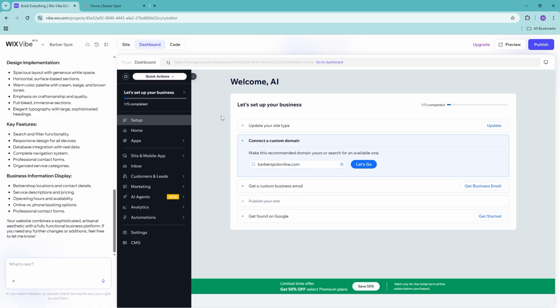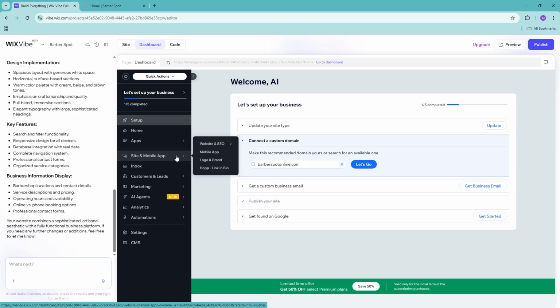Now, if you take a look at what the dashboard looks like, again, once you've created the website, these are all of your typical Wix dashboard where you can go ahead and change a few setups if you want, because this is all about creating a business. So you have not just created a website, you have also created a business section where you can go ahead and update all of this, such as your site type, your custom domain, any integrations that you would want to, for example, with the website and SEO, the mobile apps, logo branding, marketing details,